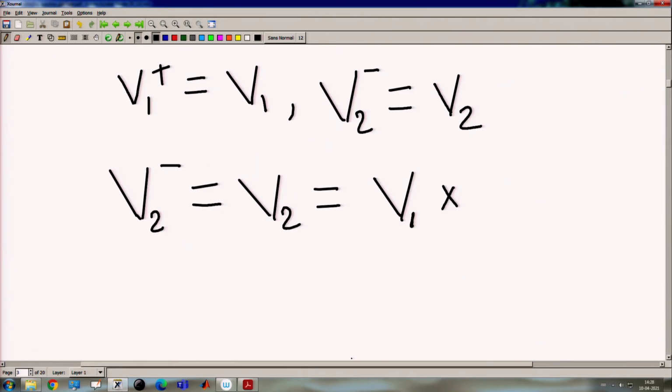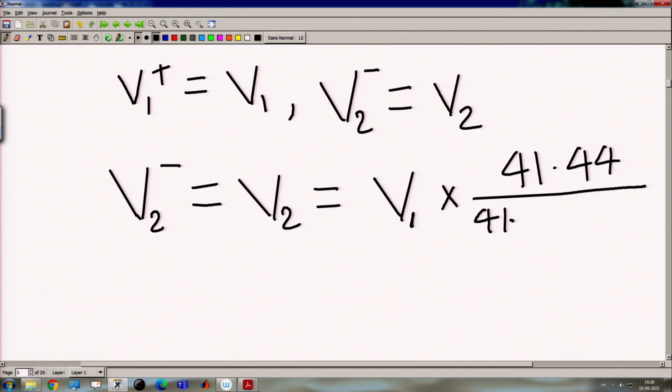So, V2 is equal to V1 into, using the voltage division rule, 41.44 divided by 41.44 plus 8.56,